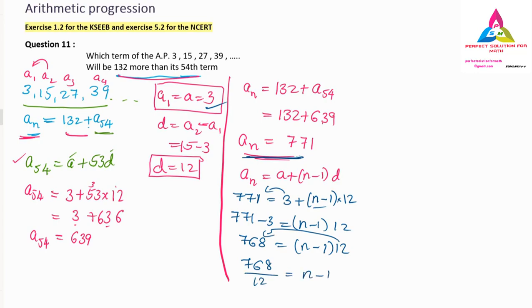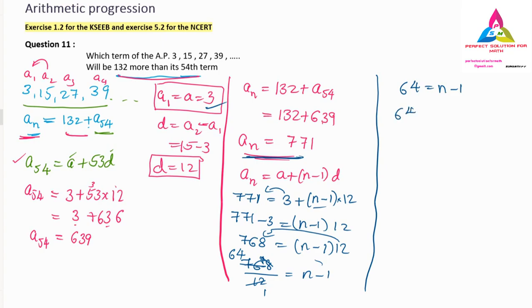So here left is n minus 1. So I will write down here: 768 divided by 12. If you know the calculation directly, you can do that. 12 ones are 12, how much? 76. 12 sixes are 72. So 4 is left, so 48 it is. 12 fours are 48. So 64 is equal to n minus 1.